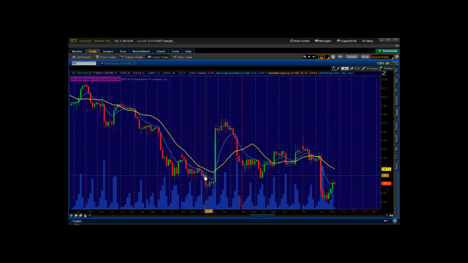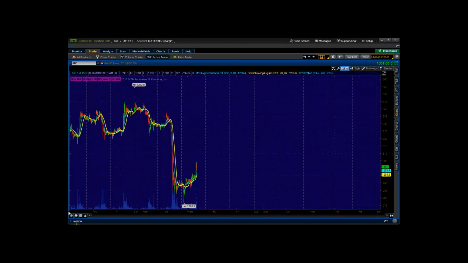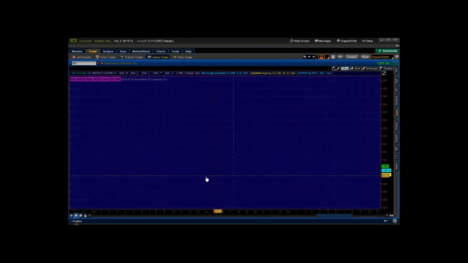Not quite a Mr. Sneaky, but you had the tech gap. Well, the Mr. Sneaky came in a couple bars later. Is that the right one? No, that's not the right one. There it is. This one right here, sorry. Tech gap, Mr. Sneaky. So, keep an eye on these tech gaps. My favorite, of course, is the 15-minute, and that's the one I trade my gold on.